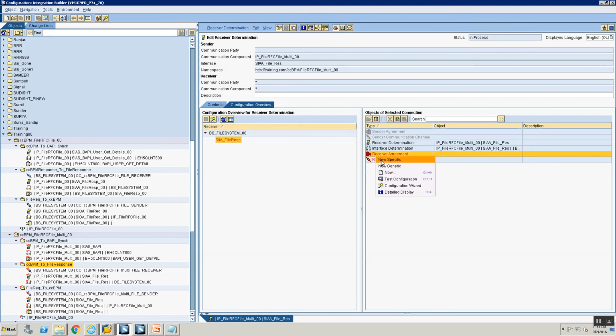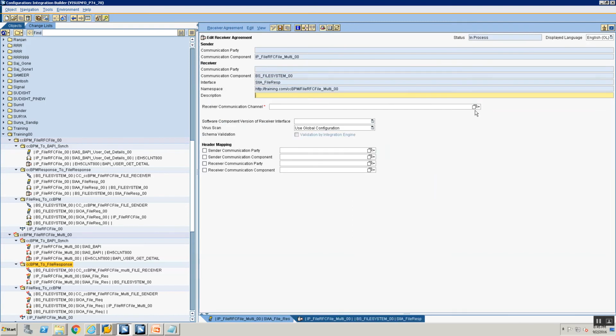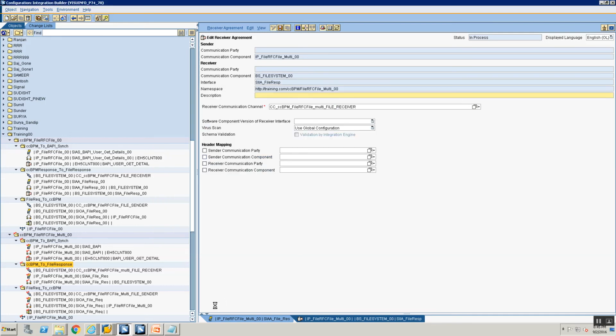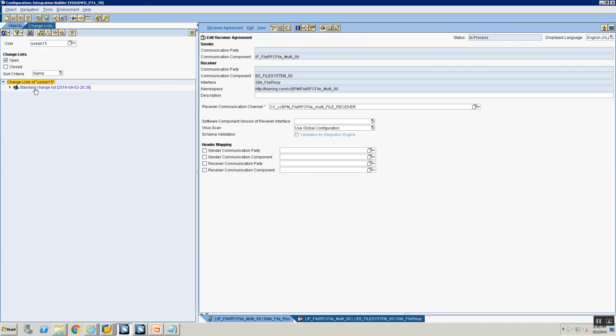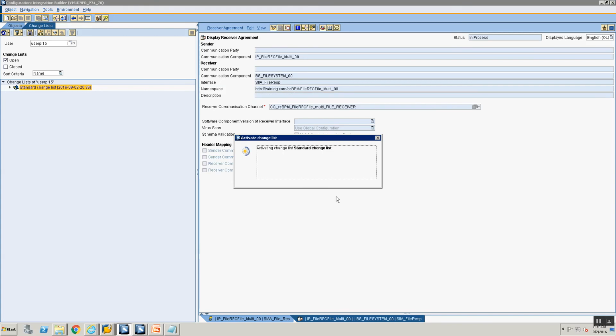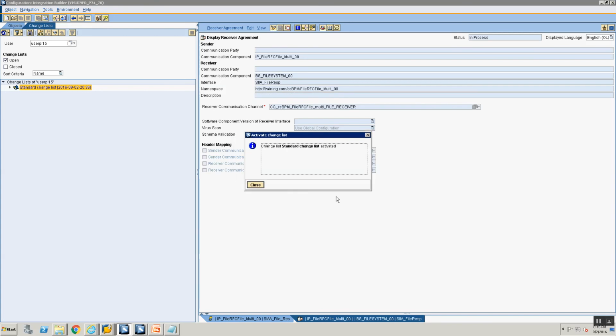And now let's go ahead and create the receiver agreement. Right, in my receiver agreement, I'm selecting my multi-file receiver, apply, save. Okay, let's go ahead, activate our changes. With the changes being activated,